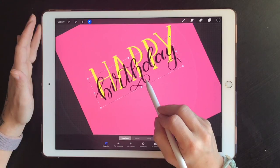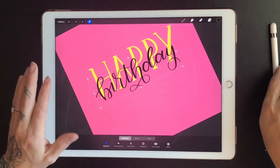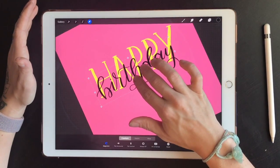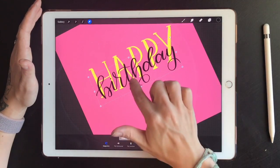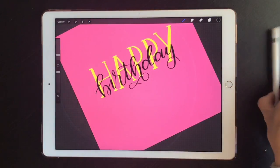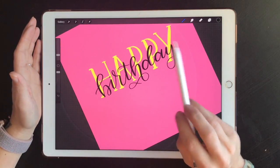Doesn't always happen that way. I am a little crooked here, so I'm gonna try to rotate it just a little, like that maybe. And we'll start there. Okay. So currently we have the word happy, and then we have the word birthday, and birthday is just sitting